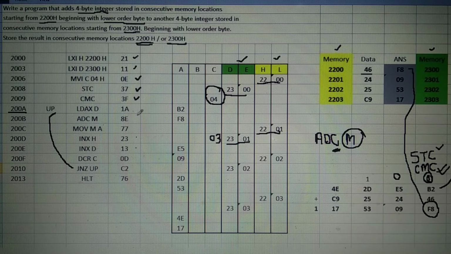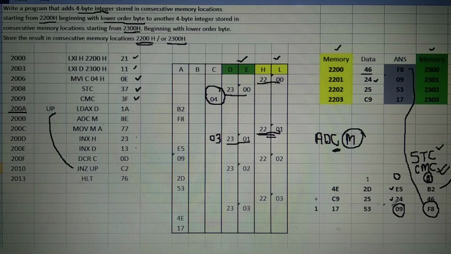LDAX D. That means DE represents the memory. Go to that memory, take the number E5, bring it to the accumulator. Next, ADC M. HL represents the memory. Whatever number is there, add that number, that is 24, along with carry. Carry is 0. The answer is 09. And this answer is stored to the memory.